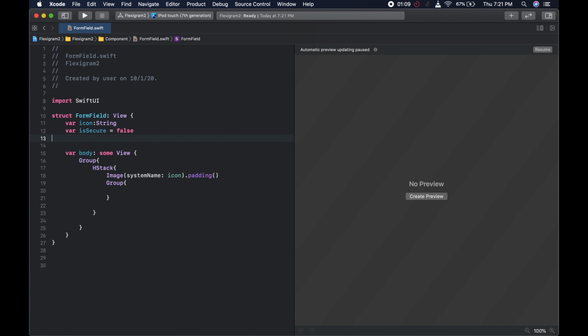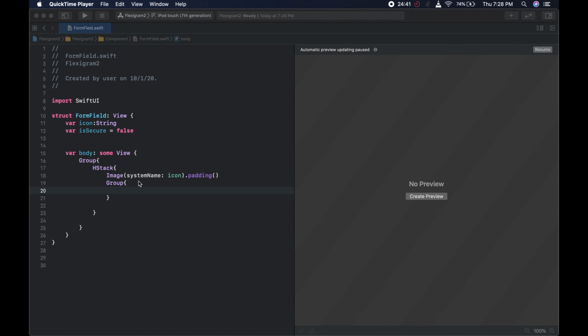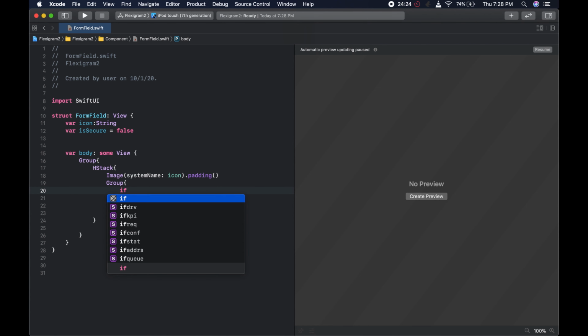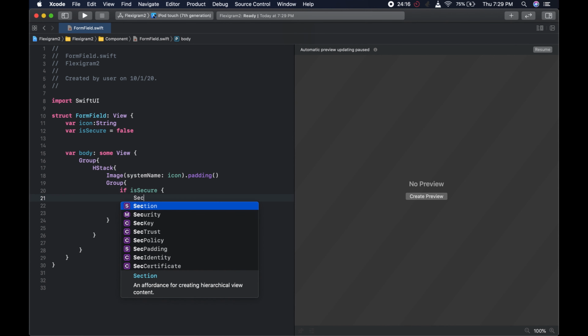We have fewer secure fields than we have text fields. So we're going to default it to false, right? And we are going to continue from there. We would check if it is secure; if is secure is true, we're using a secure field. So we could use an if else statement to check on what to render, right? So we could say if is secure, like so. If is secure, we're going to return a secure field,